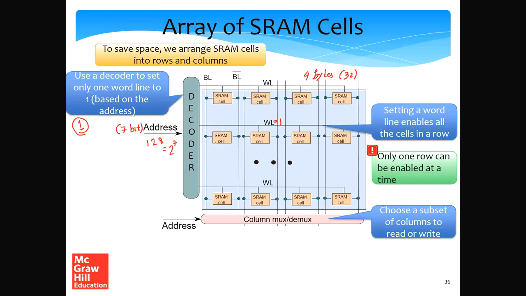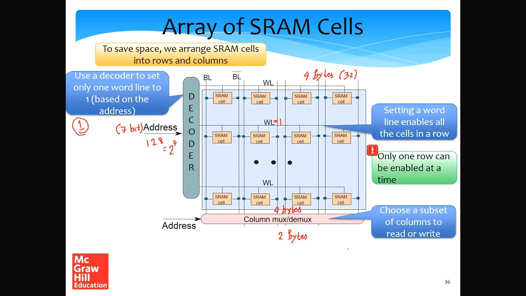After doing that, all the SRAM cells in the row are enabled and they will be setting the values of BL and BL bar. Subsequently, we can either consider the values in all the SRAM cells, or let's say we want to read only 2 bytes. If we want to use 2 bytes, we can use a pair of multiplexers such that, for this example, if 4 bytes are coming in, we can choose the 2 bytes that we need to read.